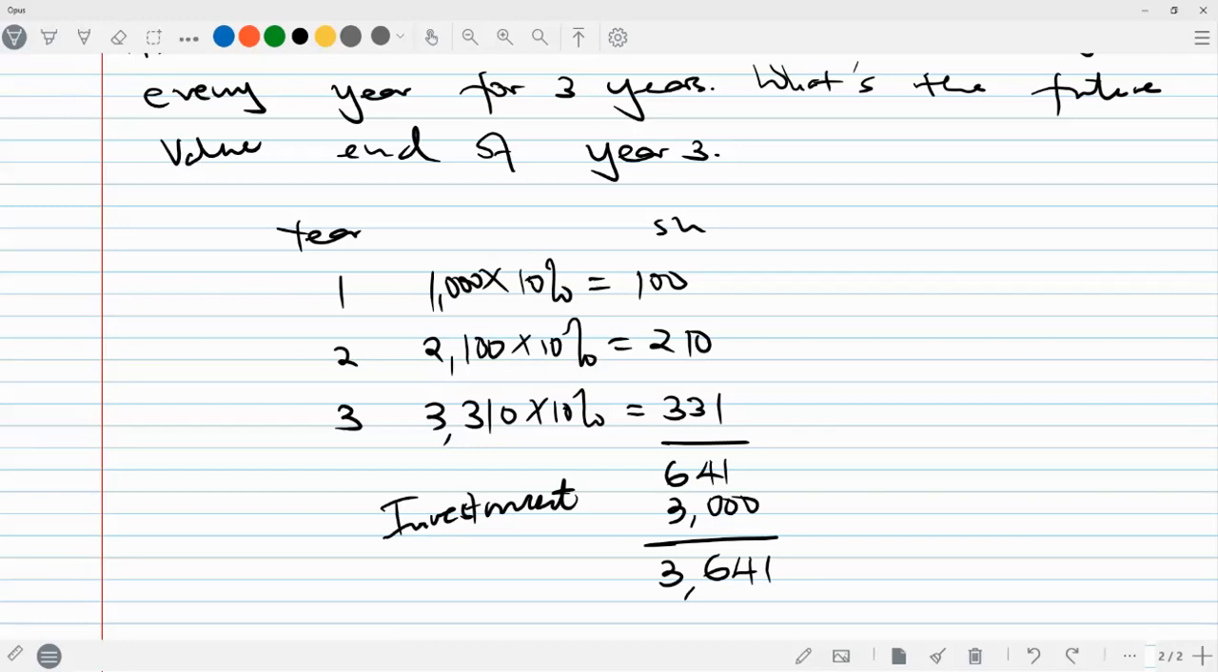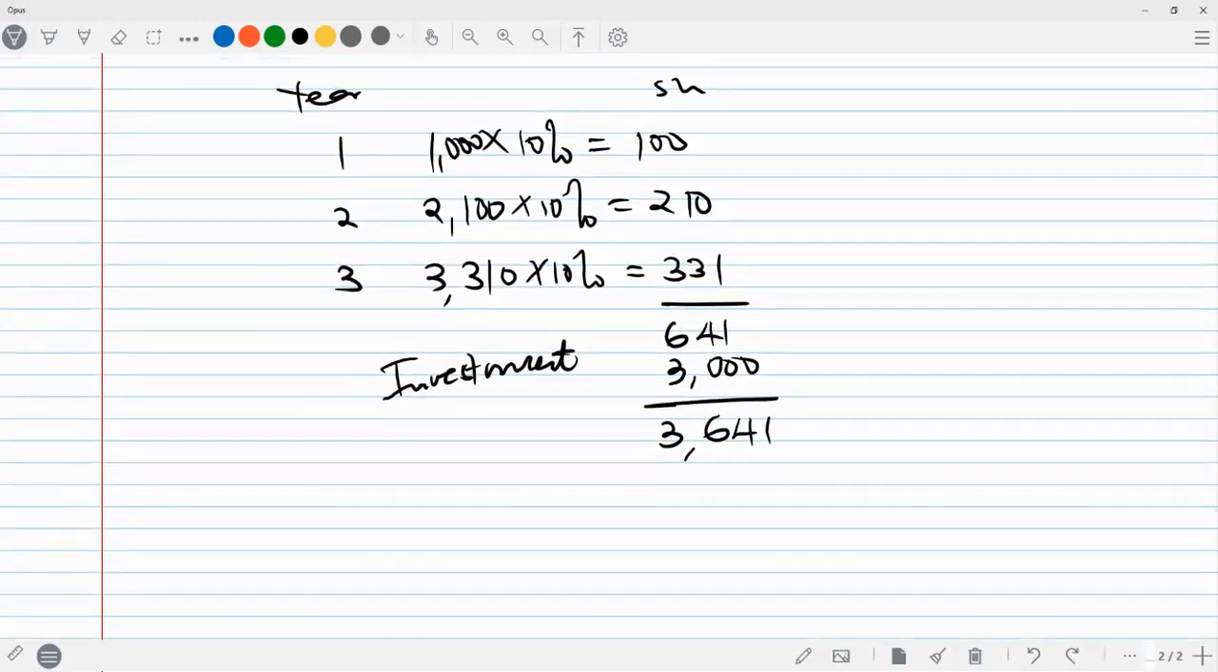What if you have 20 years? Are you going to do all this work? It's going to be a lot of work for you. So you can use a formula, where the future value is given as the present value. Since every year you're investing 1,000, an equal amount invested over an equal time period, we refer to it as an annuity. So let me just call it annuity, given by 1 plus